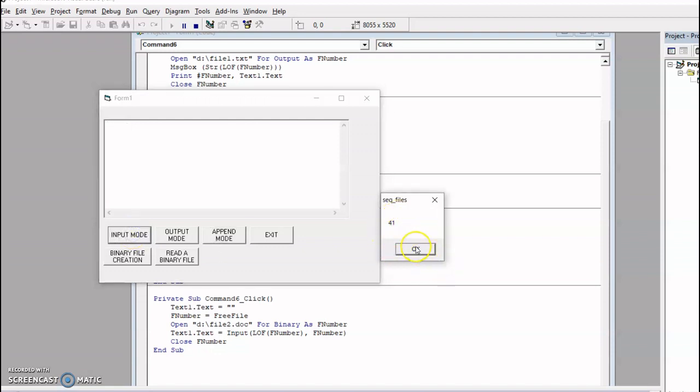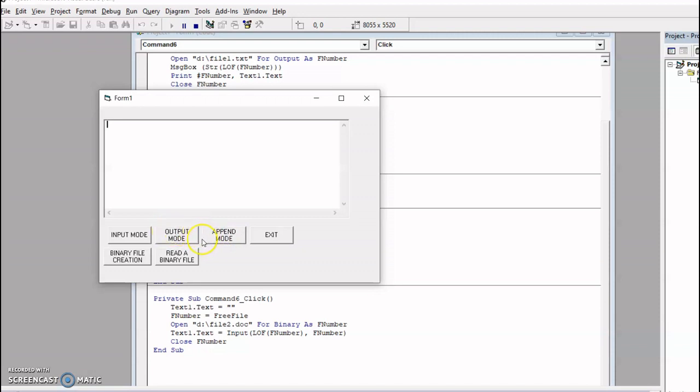Now the size is 41 bytes. Already by using output mode I created these 2 lines, and by using append mode I created these 2 lines. So append mode will not erase the already stored contents.